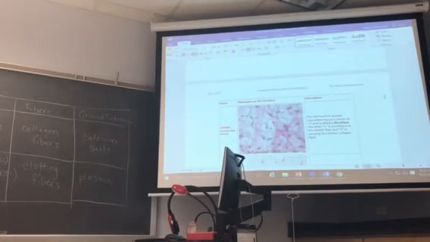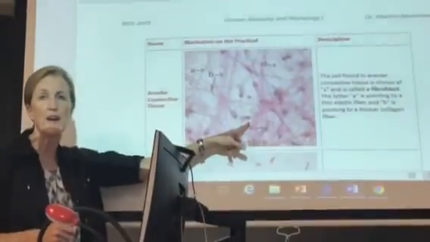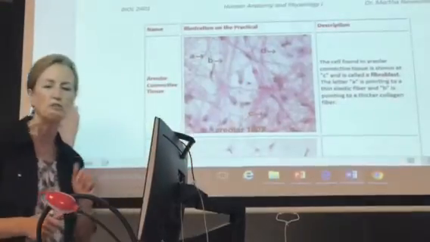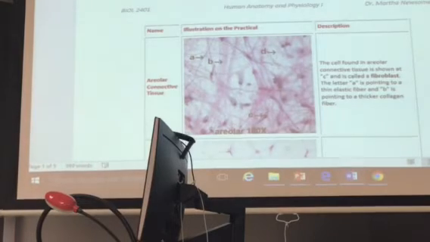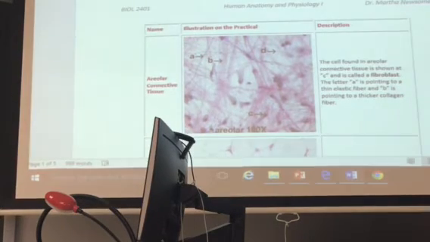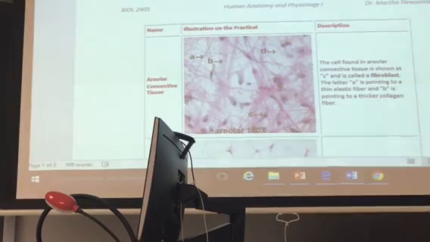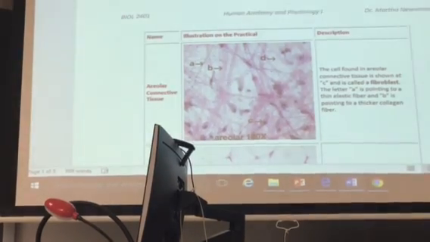So areolar connective tissue. Now, what are these representing again? These little dark staining structures must be the what of the whats? Those are the nuclei of the cells. You have to know the cells that make up areolar connective tissue. What's their names? Can you see it right there on your practical page? They're called fibroblasts. Fibroblasts. Okay? So the cells that make up, let me write that down. The cells, we have to know the cells, right? So areolar